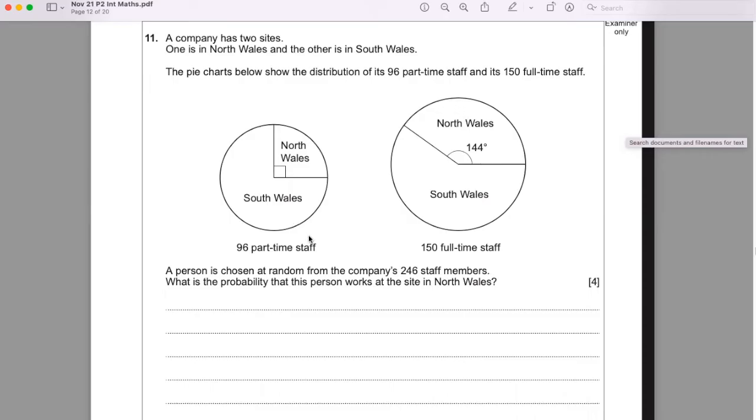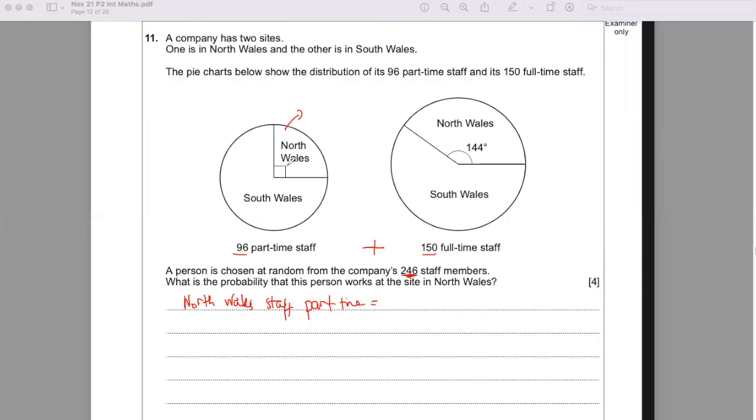To make it a little bit clearer, you have 246 staff members here, and that is actually 96 part-time staff and 150 full-time staff. Now, in part-time staff, there are North Wales and South Wales staff, and then in full-time staff, you have North Wales and South Wales staff as well. So the thing that you have to work out is how many staff are in North Wales, basically. So to work out the number of part-time North Wales staff,